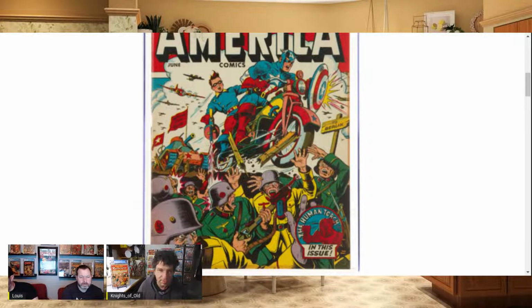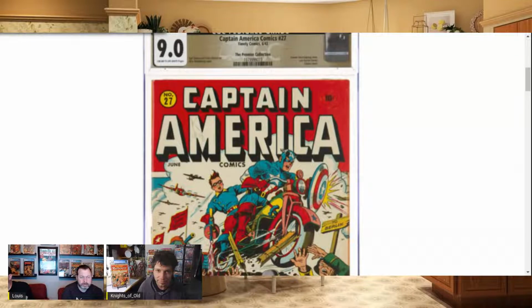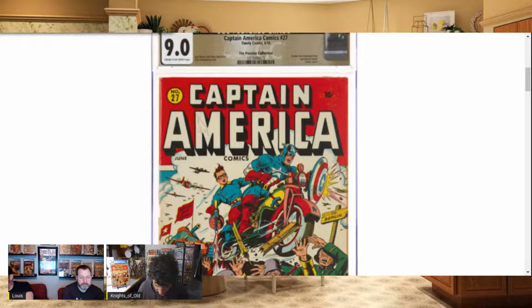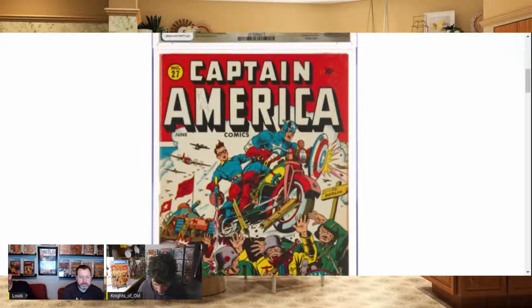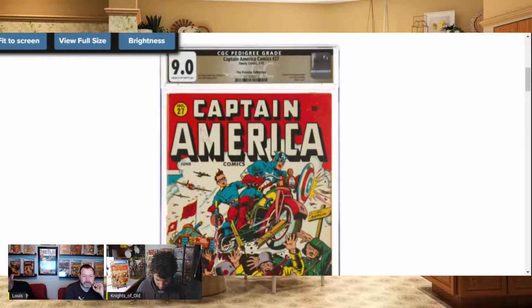It's another classic cover, and that's a true Promise collection. Yes, it is. They saved the best ones for last. I agree with you. I think this is one of my favorites. This is the other one I mentioned when I said Captain America. I think it's 27. This is a cool motorcycle cover, and Bucky's just shooting away. He's not tied up in any way or getting tortured or racked or dipped in anything. And you've got the team-up with the Russians, the Soviets behind you, and the Human Torch in there. Again, this could